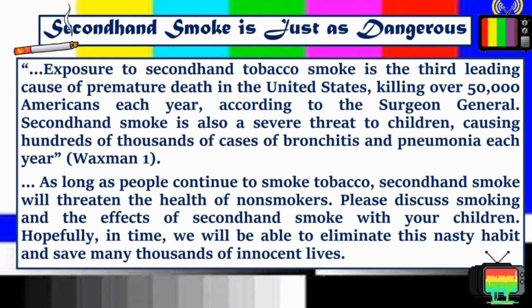As long as people continue to smoke tobacco, secondhand smoke will threaten the health of non-smokers. Please discuss smoking and the effects of secondhand smoke with your children. Hopefully, in time, we will be able to eliminate this nasty habit and save many thousands of innocent